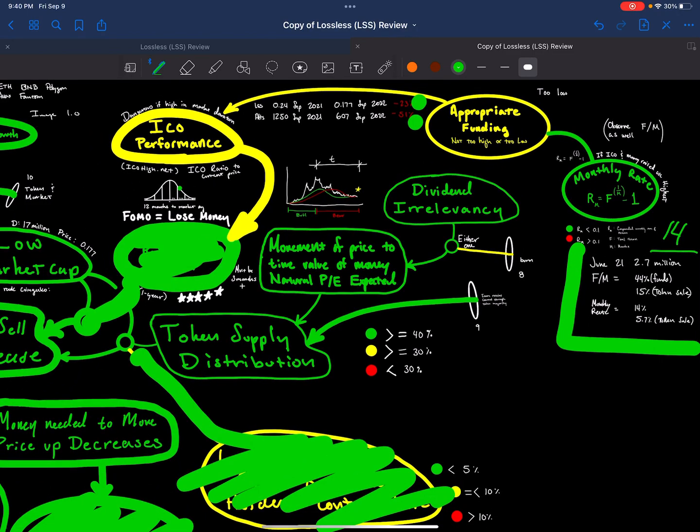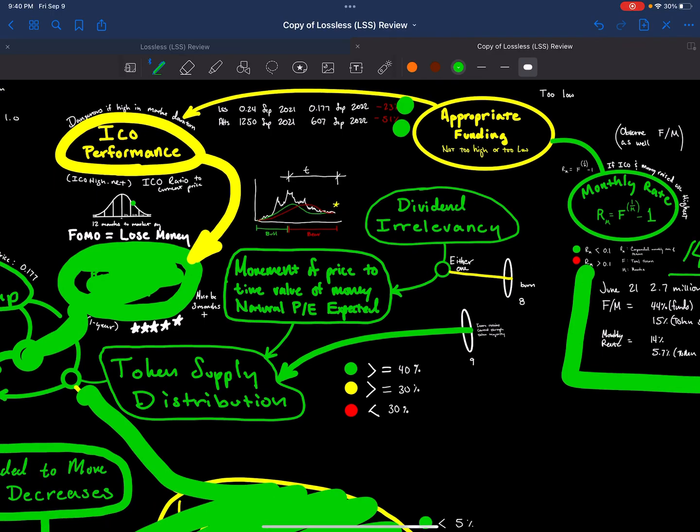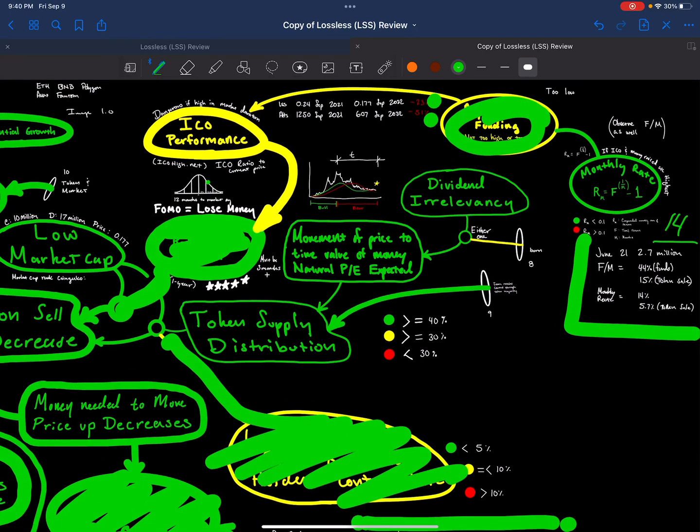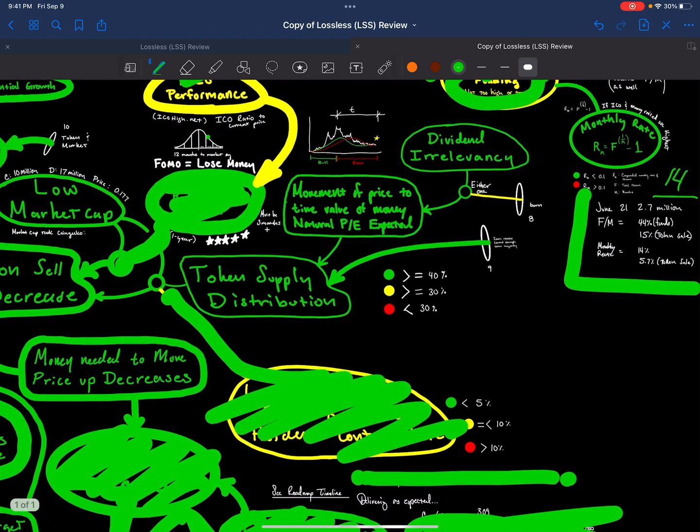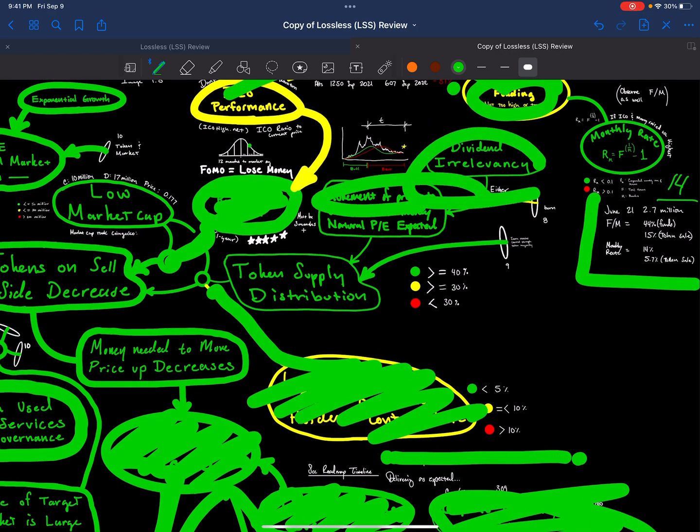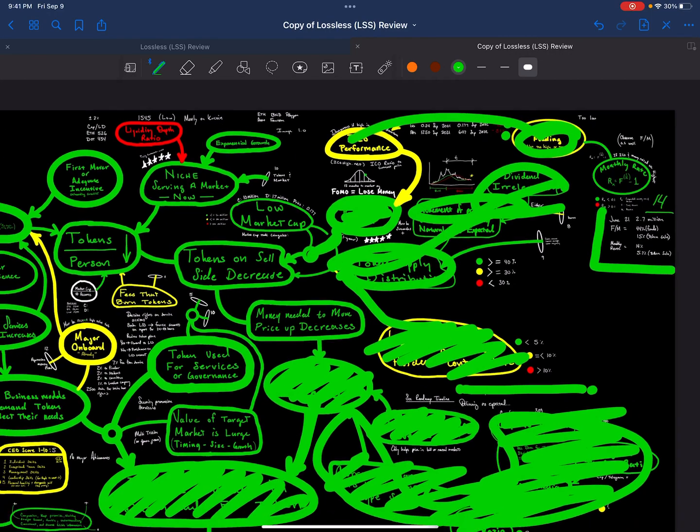But one of the things I will say that is yellow on funds raised, it's kind of low. They didn't raise a lot of money, something like $2 million, $2.7 million. So that's not a lot of money, not a lot of room to work with for a team of people. So hopefully they can get some more funding or some traction, because they will need more funding to be encouraged and to deliver. But for the most part, I'll just put neutral for ICO because of the smallness of the amount that they've raised. Now, the token model is excellent, so you don't have to worry about distribution and things like that. It has a great token model.